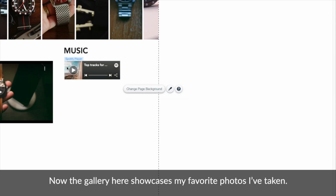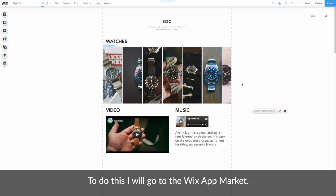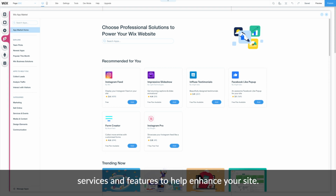Now the gallery here showcases my favorite photos I've taken. But I also want to add my Instagram feed below the video and music section. To do this, I will go to the Wix App Market. This market is the place where you can access over 250 web apps, services, and features to help enhance your